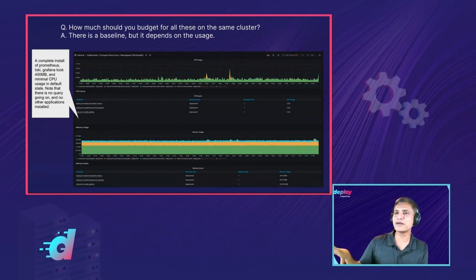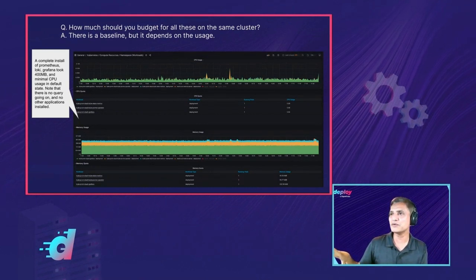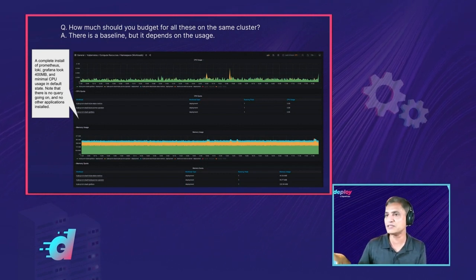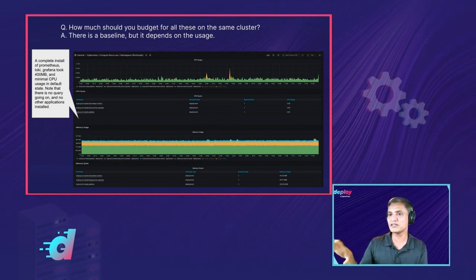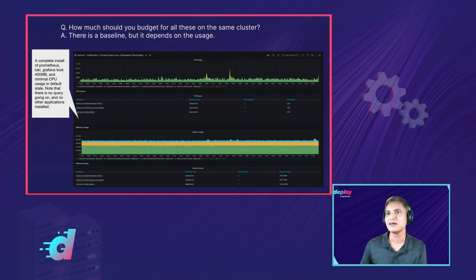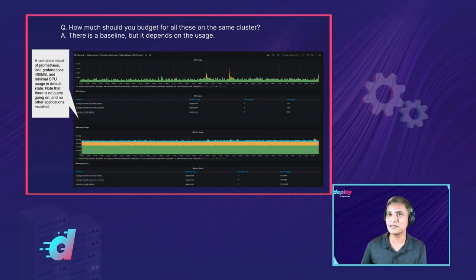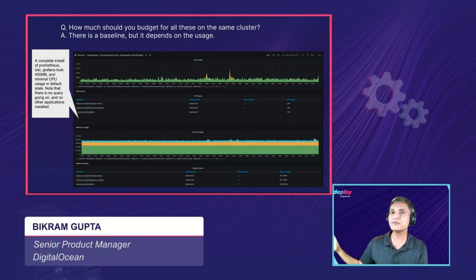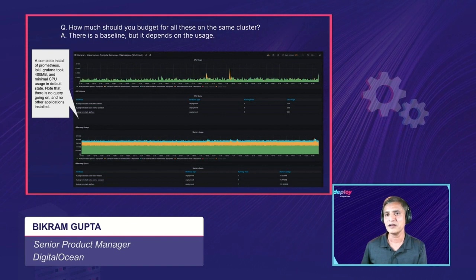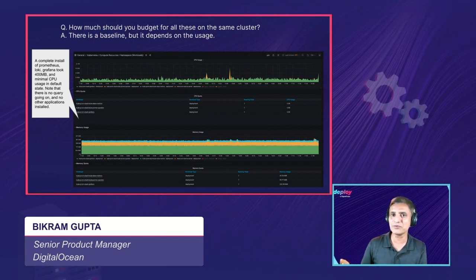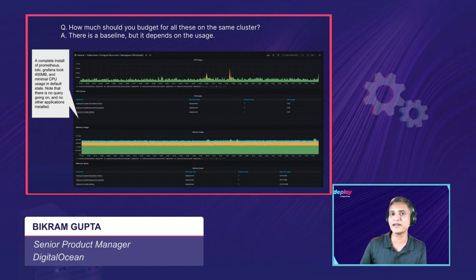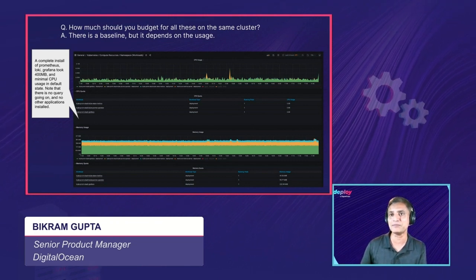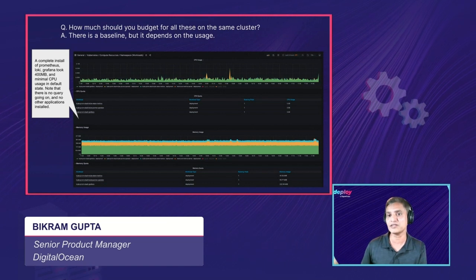And finally, you want to look at what budget you want to allocate. Let's say that you have 8 CPU and 16 GB of RAM. If you installed all these tools, what's the budget it takes? There is no straight answer to it. You should measure the budget with the baseline, which is the install itself, and then when you have a fully loaded cluster. But I started doing some basic work, and I see that when I installed logging and monitoring, it took about 400 megabytes of RAM and minimal CPU. But that's the baseline, not with the traffic.